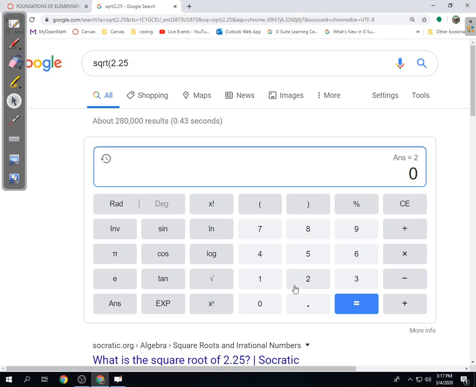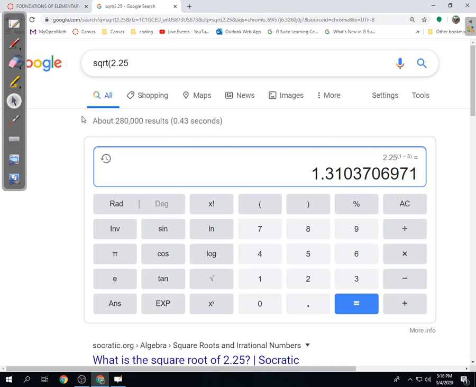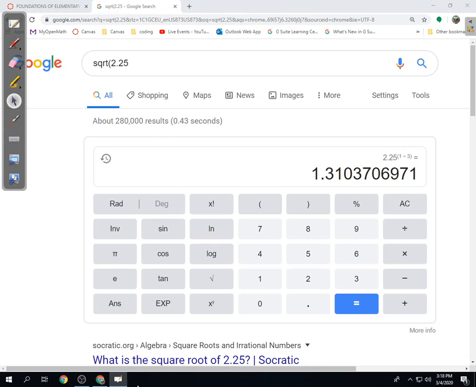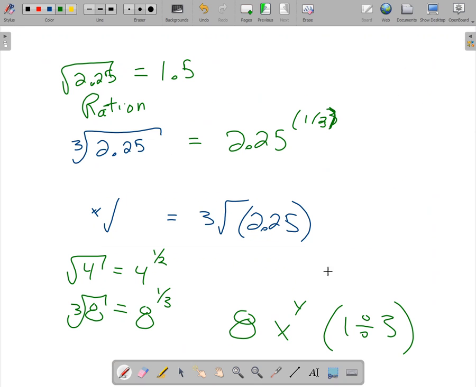So clear, 2.25. Raised to the power, and I have to use parentheses. Every calculator is a little different. 1.31. Now, I don't see a pattern there, and so I'm going to guess that it's irrational. Right? There's a few ways to check, but that's kind of beyond the scope of this class. But trust me, it's irrational. Okay, so